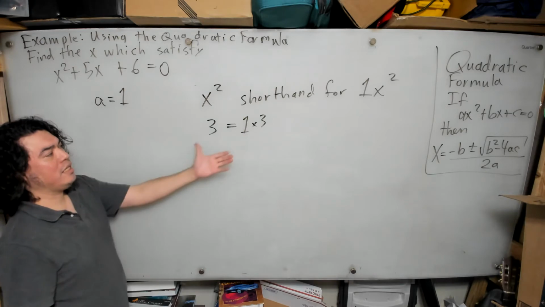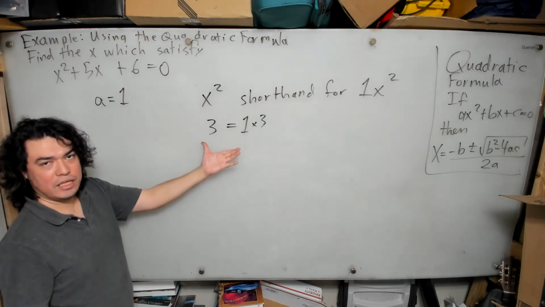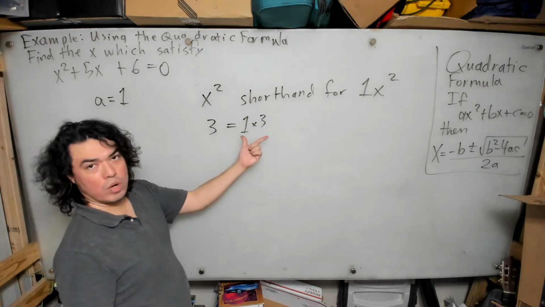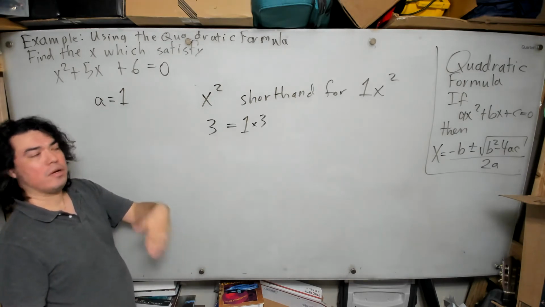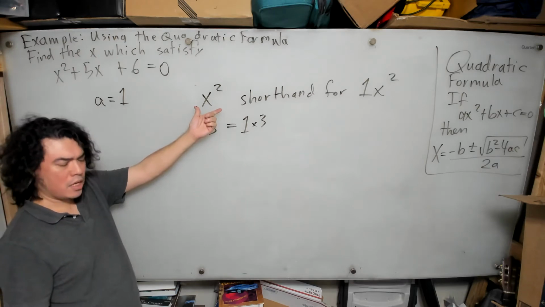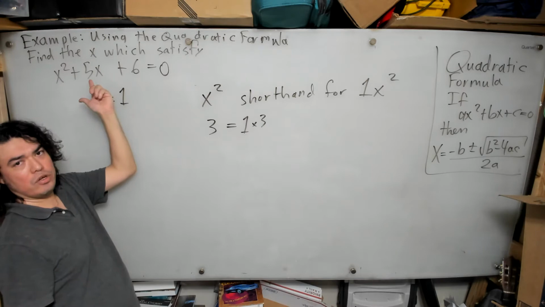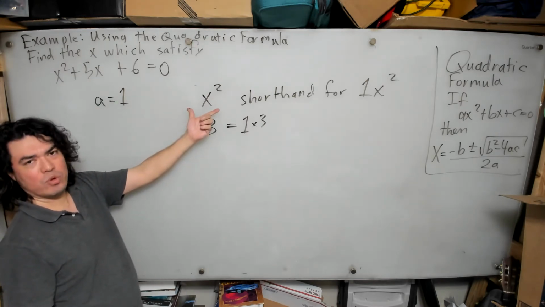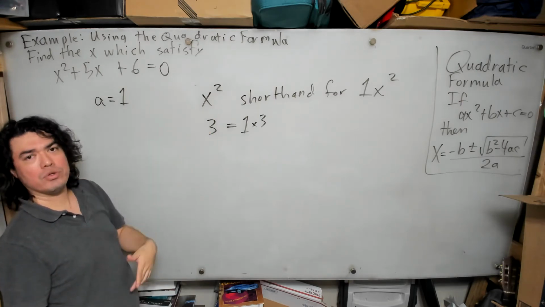Now, of course, in the case of numbers like this, it doesn't make sense to think of it in this way because we would always just write 3. We would never think of writing 1 times 3. We would just think, oh, the number 3, the number 5, the number 100, whatever, right? But in the case of algebraic expressions, we have to keep in mind what the numerical coefficients are. And so in the special cases where the numerical coefficient is 1 or -1, we don't usually write the 1